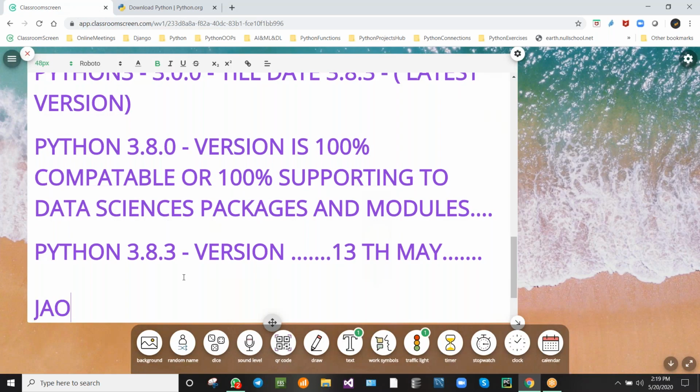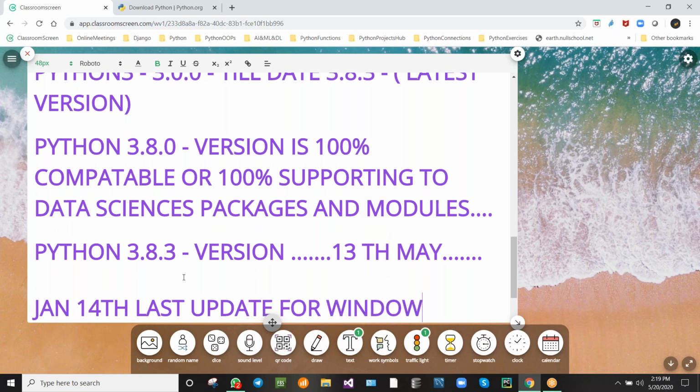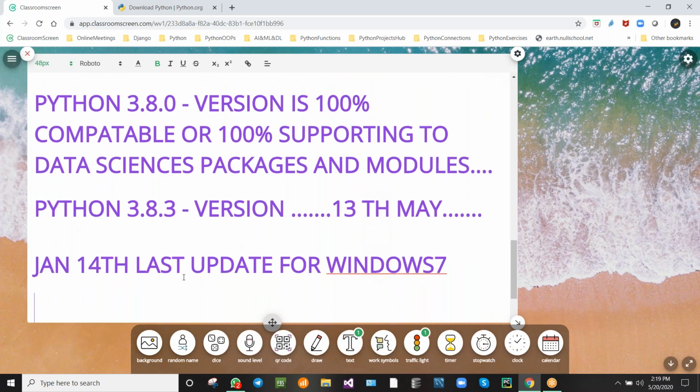January 14th was the last update for Windows 7. I think everybody knows this. So after that, we cannot use Windows 7. It was the last update.